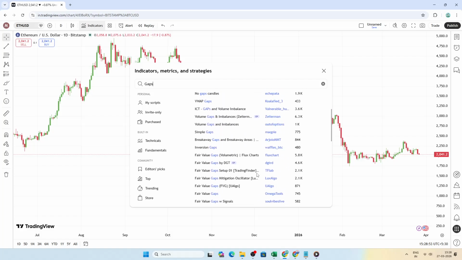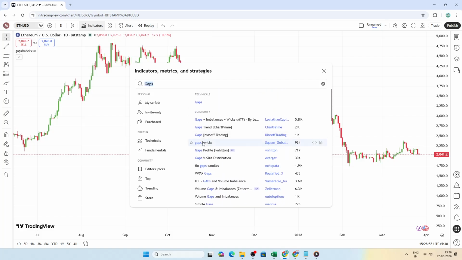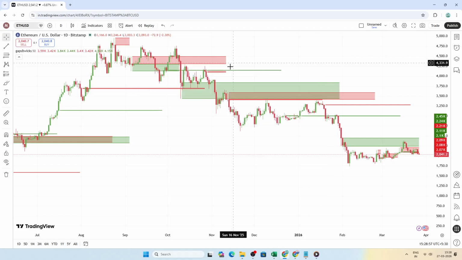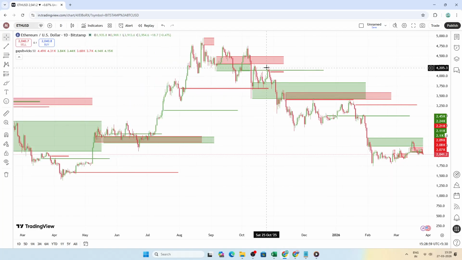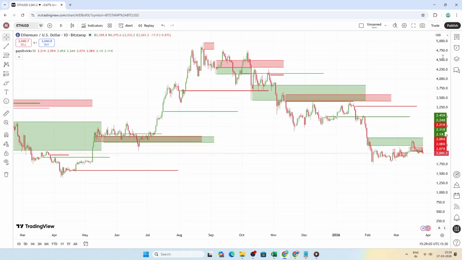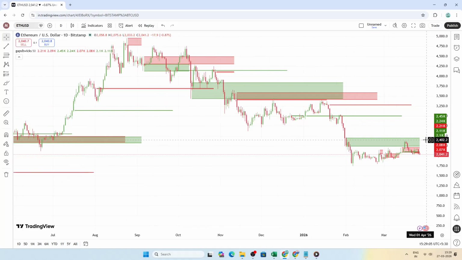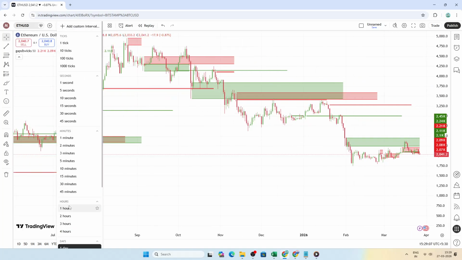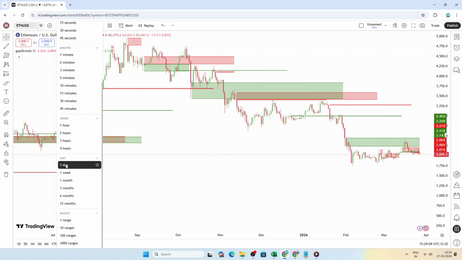Once you add it, the indicator automatically highlights price jumps, green for upward gaps and red for downward gaps. That quick color cue helps you scan the chart faster. For best results, switch your chart to the daily time frame. Gaps tend to be more meaningful there because they often reflect overnight or weekend